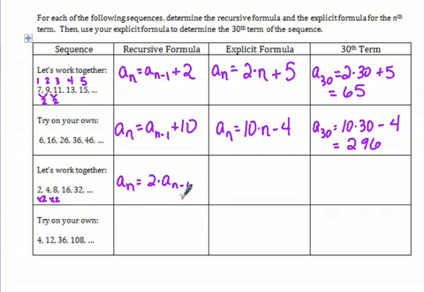But we also need to figure out an explicit formula. And so let's think about what's happening here with these numbers. My first term is 2, and then this next term is actually 2 times 2. And then my next term, the third term, which is 8, I'm going to take my previous term, which was 2 times 2, and multiply times 2 again. To get the next term, I'm going to take the previous term, 2 times 2 times 2, and multiply times